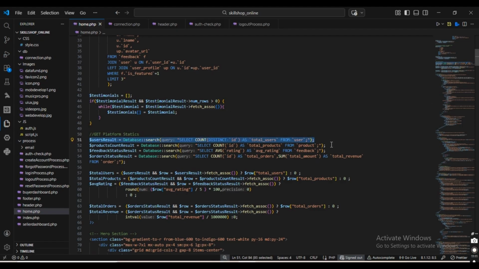I'm using a square count function to count how many registered users are in the system. Then I use count distinct function to make sure each user is counted only once. Then I store that value as total users. Then after executing the query,